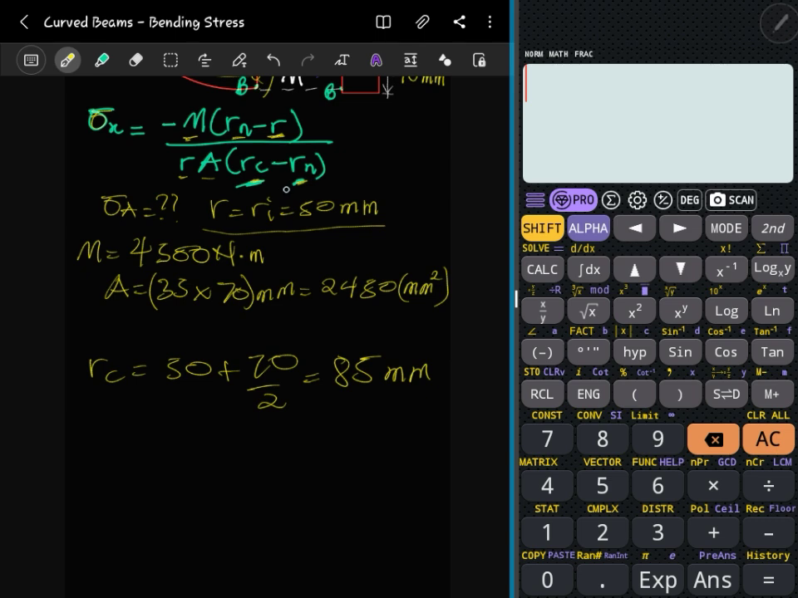We found out Rc. The only thing left now is the Rn, right? The Rn is based on the loading as well as the geometry of the figure, but the Rc is just based on the geometry, right? So our Rn,